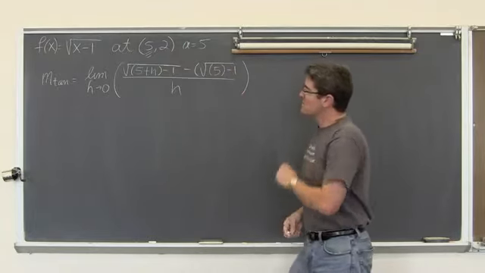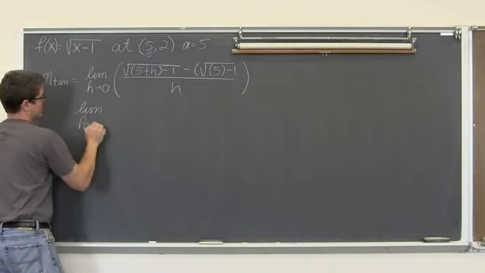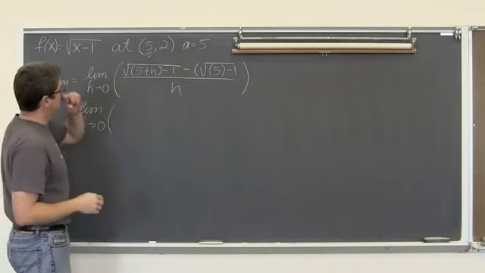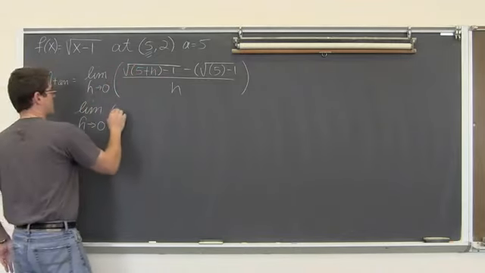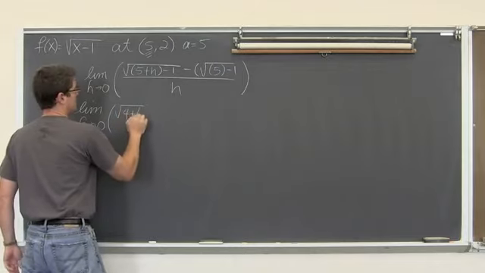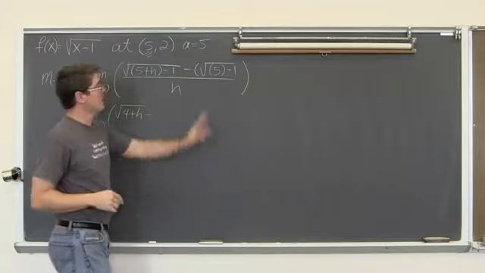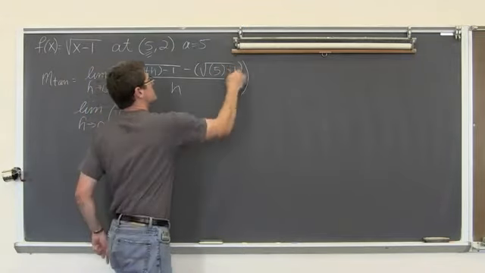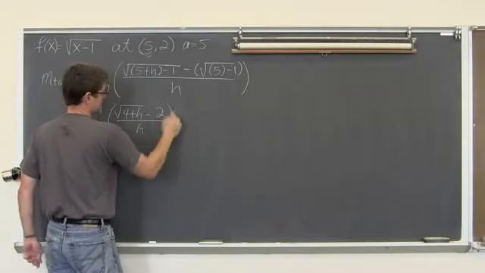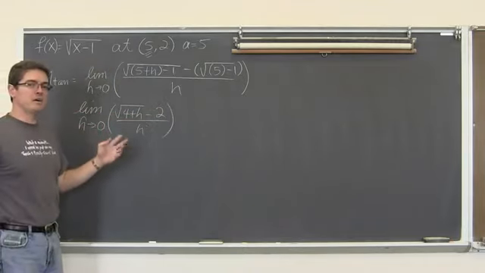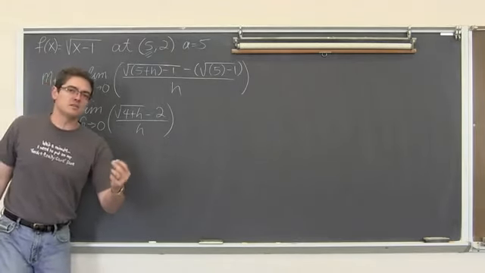Okie dokie. So we have the limit as h approaches 0 of, well, let's see. 5 minus 1 is 4, so the square root of 4 plus h minus, 5 minus 1 is 4, and the square root of 4 is equal to 2, over h. This pattern should look really familiar because I just got done talking about when we found limits of